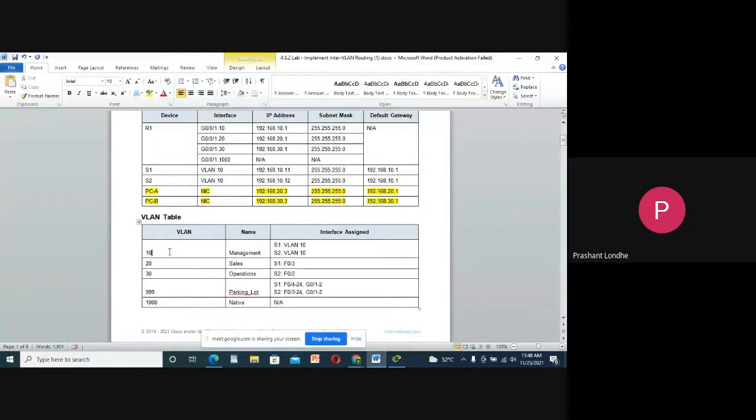We have VLAN 10, the name of which is management. For 20, the name is sales. For 30, the name is operation. For 999, the name is parking lot. And for 1000, the name is native. So we are supposed to implement this in our practical.